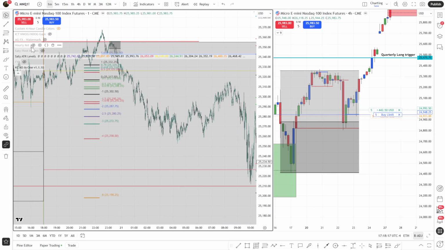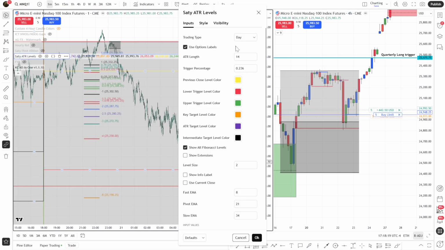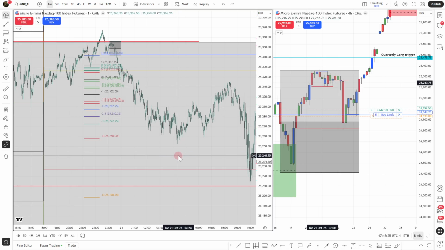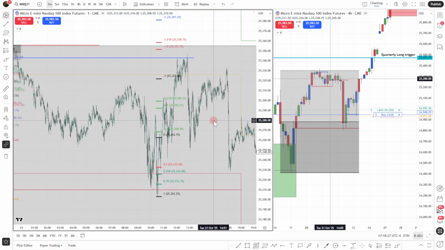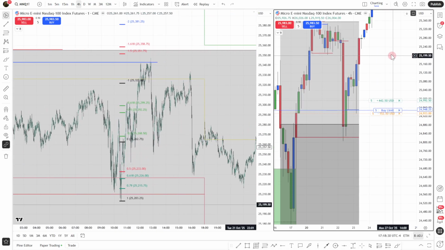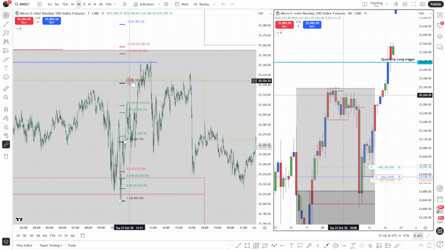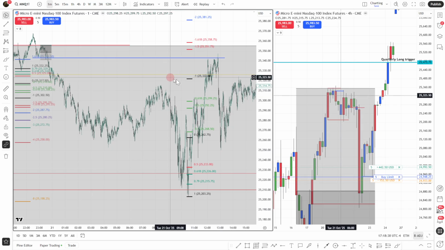So this is on the day, and this is going to give me my levels for every day. And usually my targets will tend to be related to the 4 hour chart in conjunction with these. If fibs happen to match up with it, like this one right here,